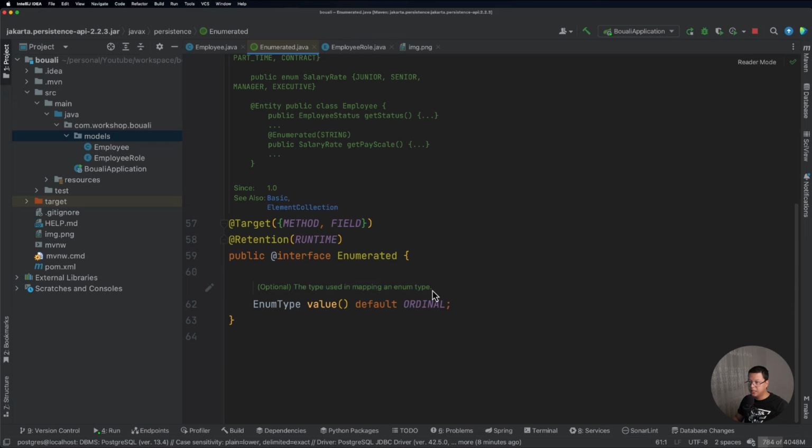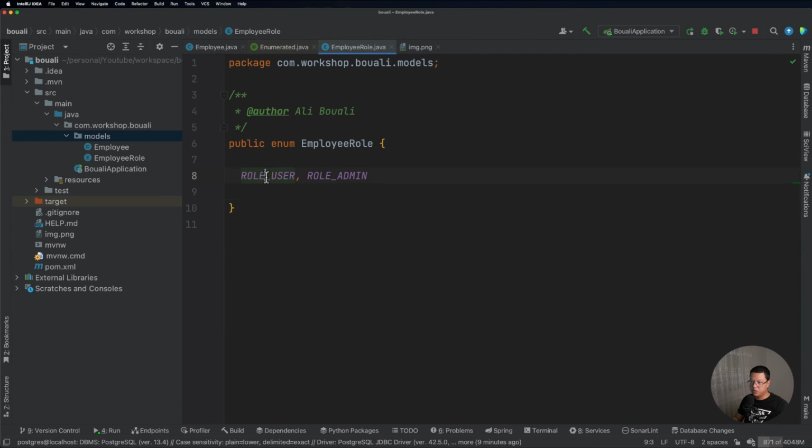So if we use an enum type within our entity, we have a default enum type here, which is called value, and the default is ordinal. And ordinal means that this is gonna be a numeric or a digital or an int value.